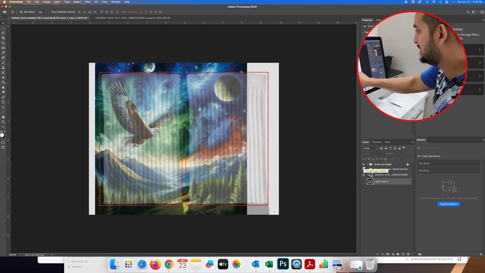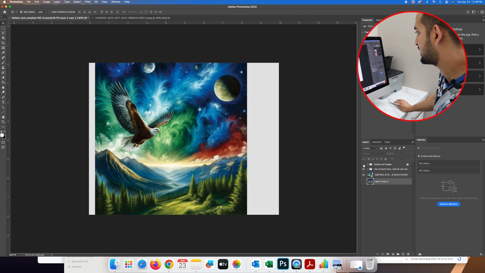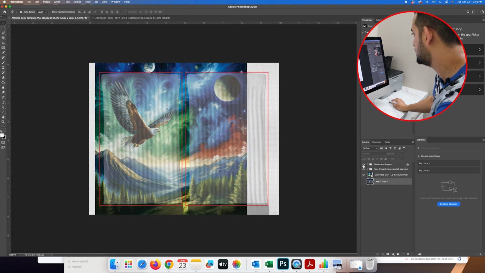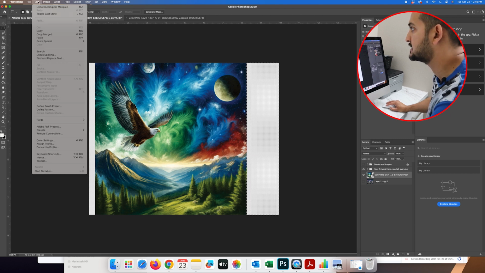So this one, the eagle covers the left sock, and on the right side we have a moon and some of this watercolor. Beautiful. But I just need to fill up this right empty space and this left empty space. So I'll try to see if we can use that same content aware feature on this side, on the right side and left side. So I've selected that area,